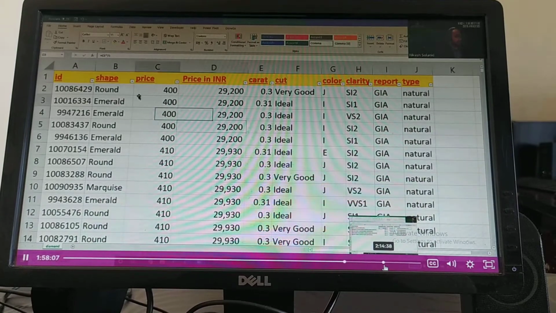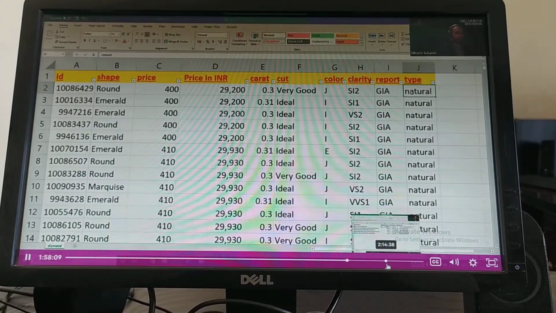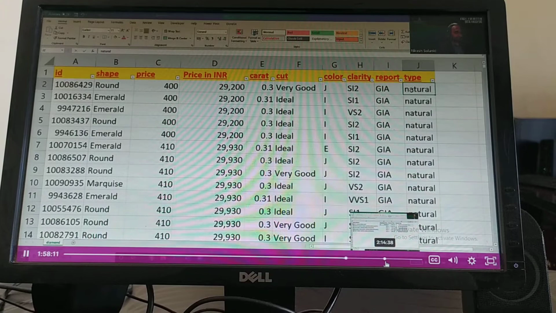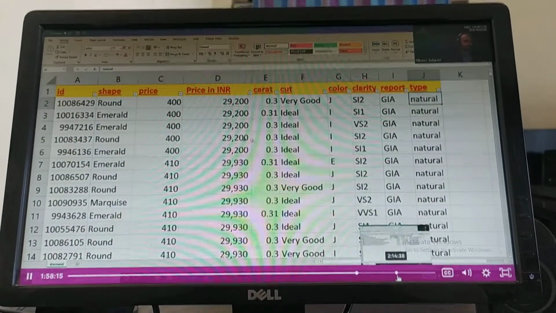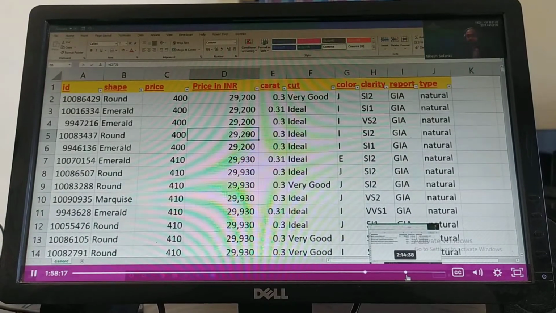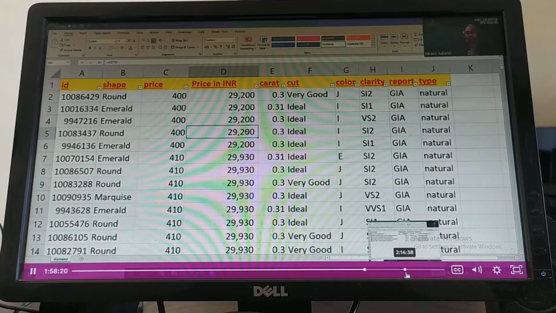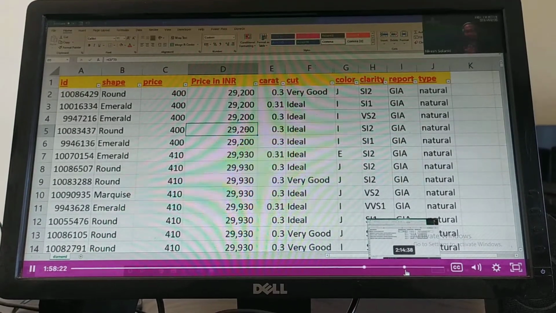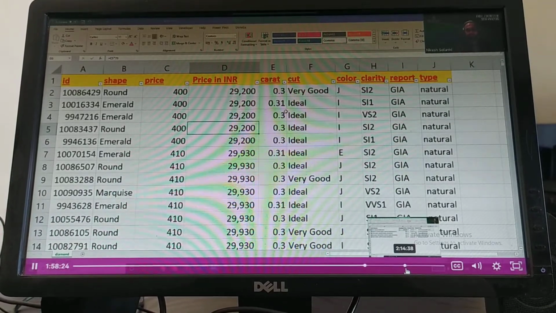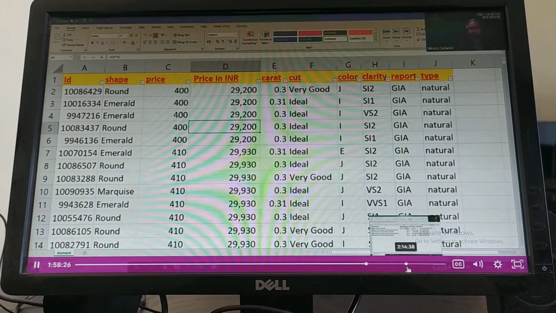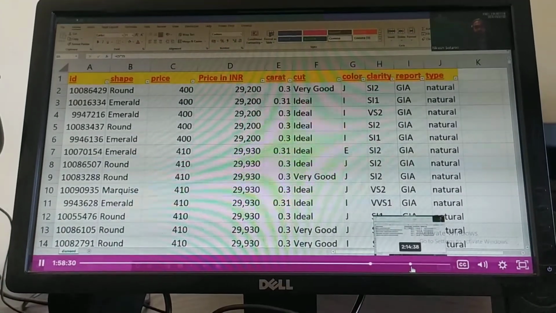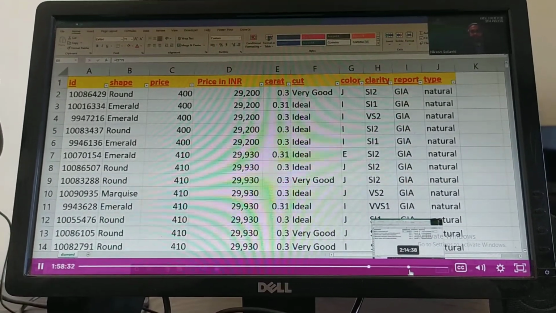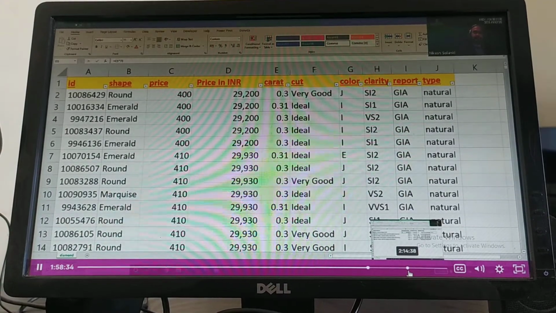Good. Now, using formulas, can someone help me understand the average price of a diamond? If someone can raise their hand. I want some new people who have not spoken.